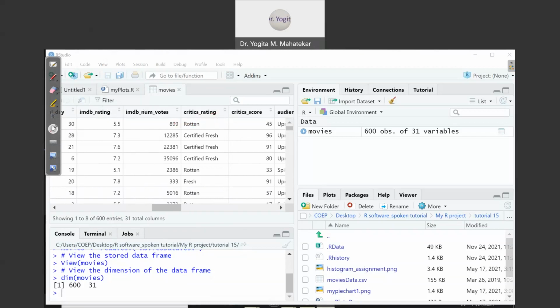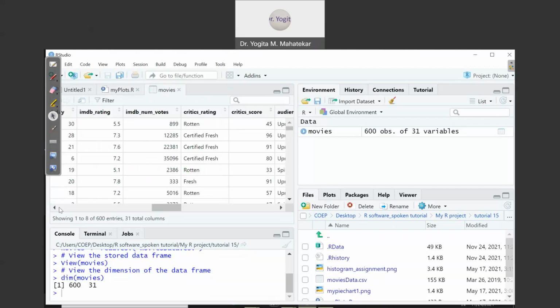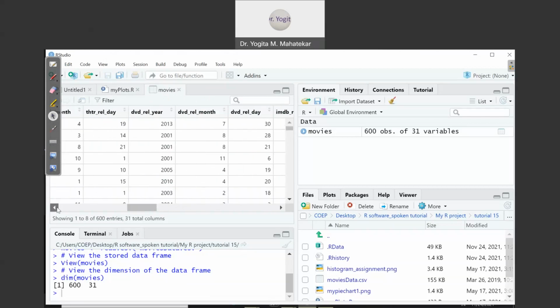Now let me go to myplots.r, which is our script file that I already created, where I have already written the commands to save time. We are going to plot the histogram of the entries in the column runtime. If you go to movies again, there is a column whose name is runtime.